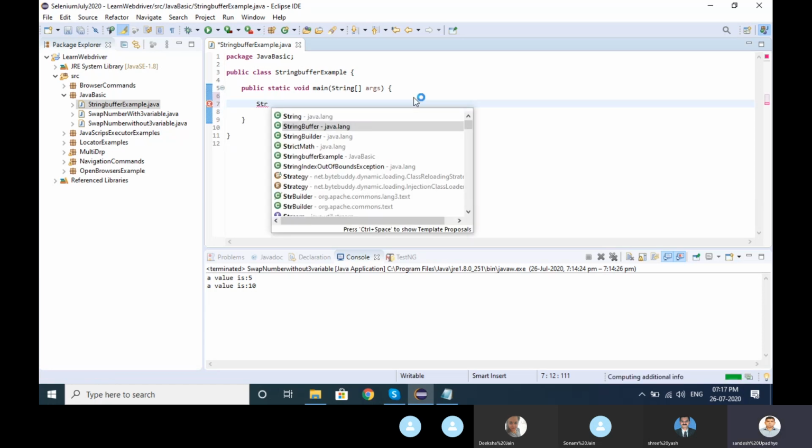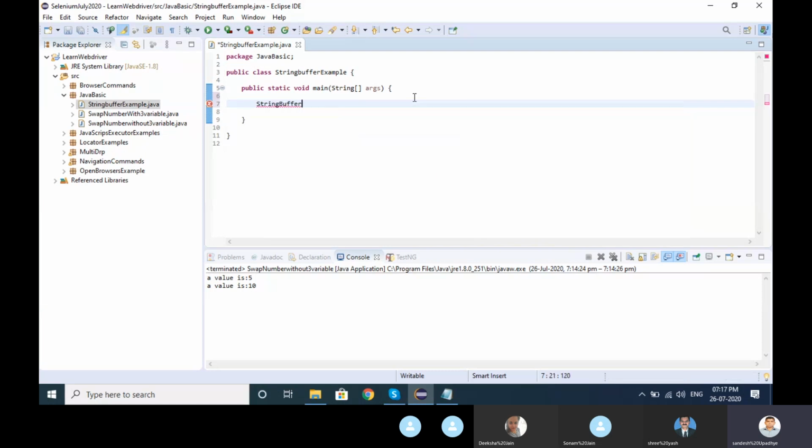Look here, it's coming from java.lang.StringBuffer. I'm creating an object of string buffer and passing some value, so let me pass Selenium.